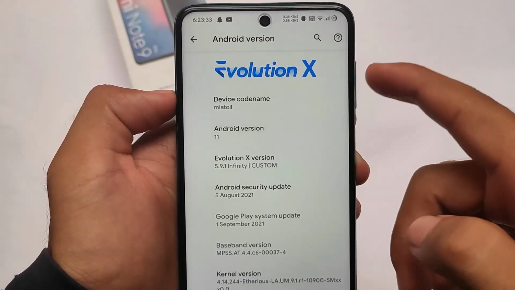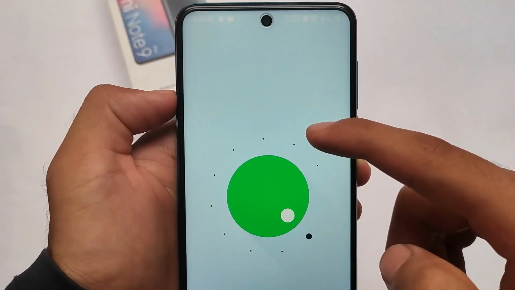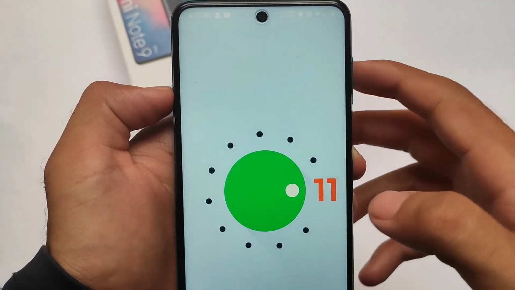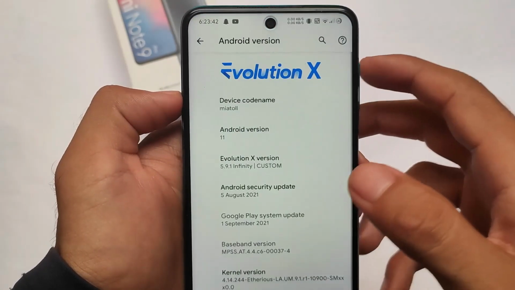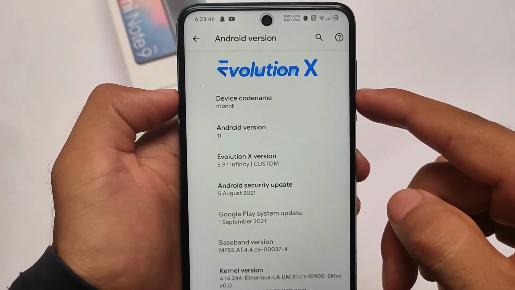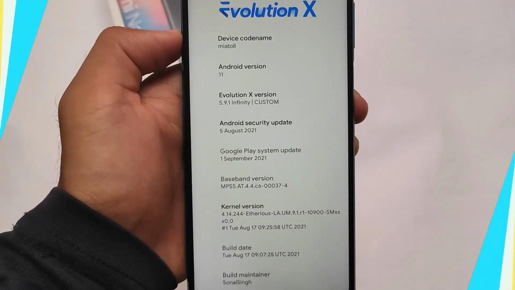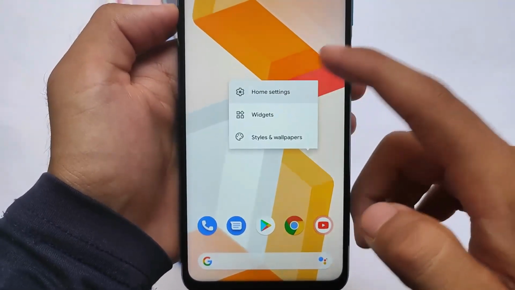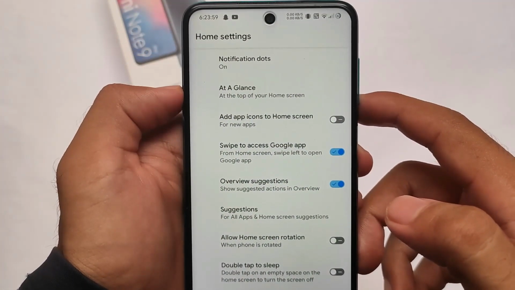which is the latest version, with the latest August security patch, based on Android version 11. But as expected, it also has some Android 12 features for you. If you're looking to install a good custom ROM with Android 12 features, good customizations and good stability, then this might be a good choice for you. I'm still not going to compare it with WebOS. WebOS for me is still one of the best custom ROMs out there.